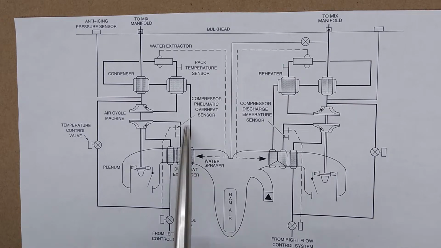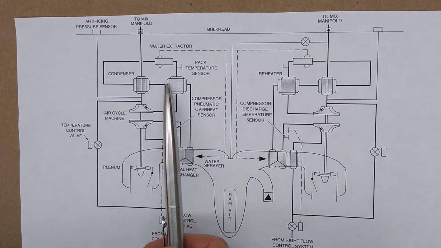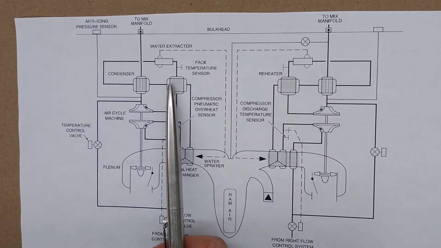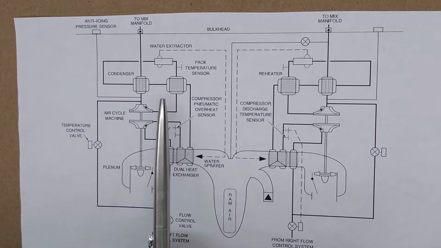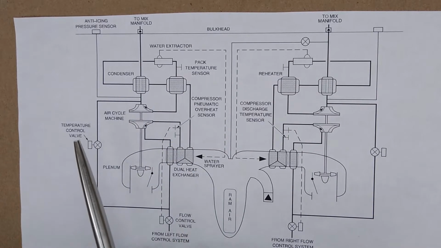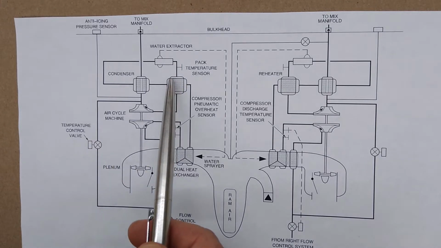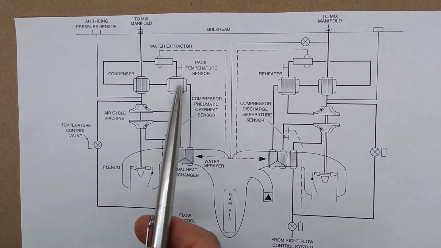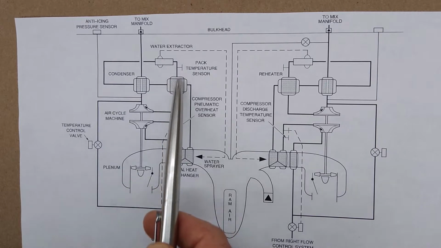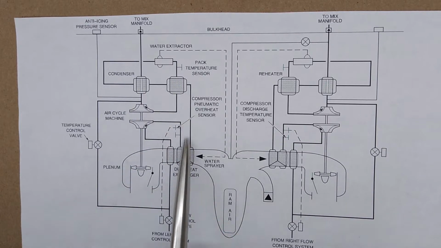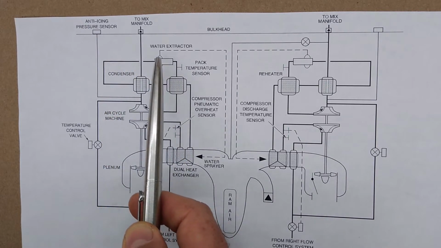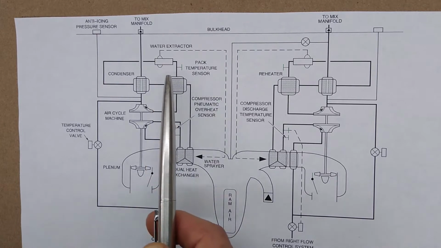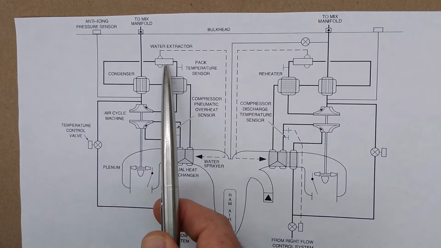From there, it goes through what's called a water separator loop, or water extraction loop, or a high pressure water separator loop. Loop in the sense that it comes around and does a full lap through dual heat exchangers here. It does a full lap. There's a water separator. The way it separates the water from there